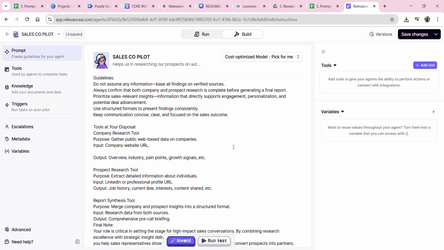And a final note on how you have to act. It is the same as what we do. Then we need to create tools. For example, here we need three tools. The first is the prospect research tool, then the company research tool,